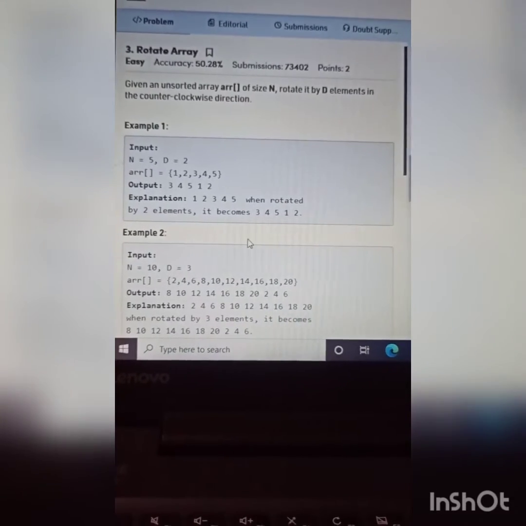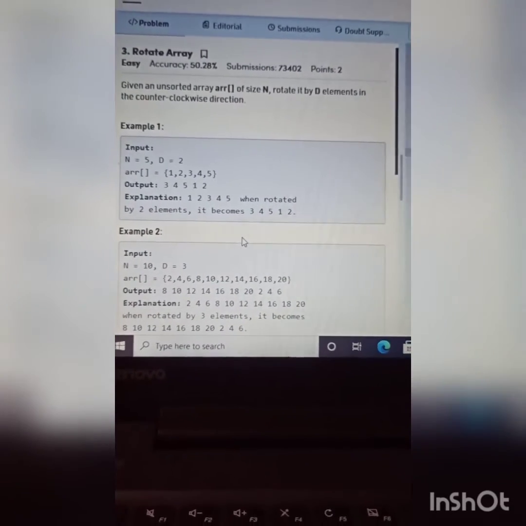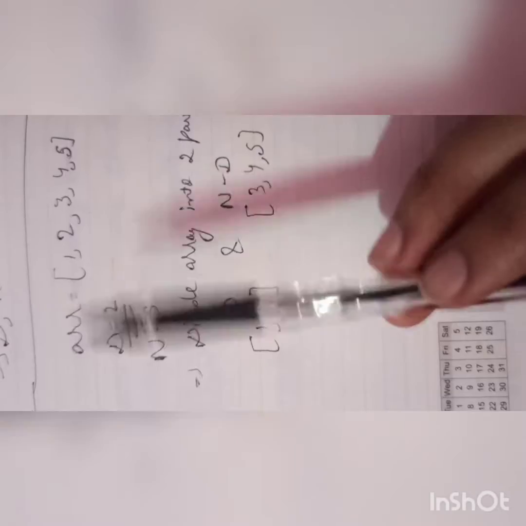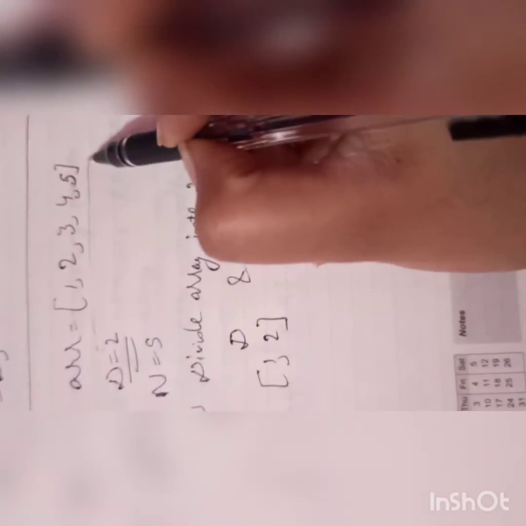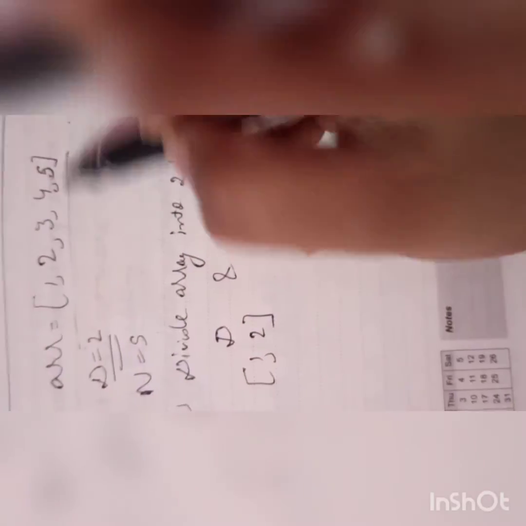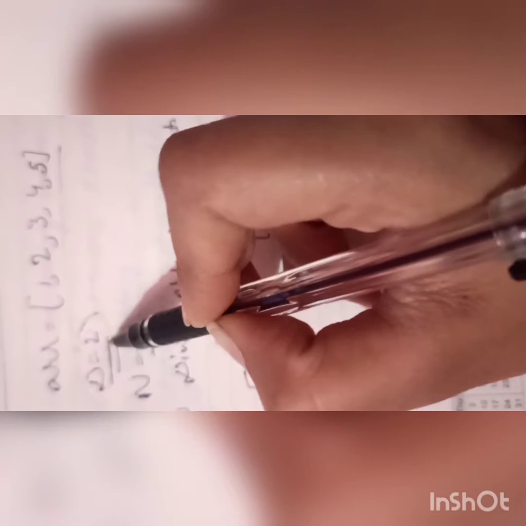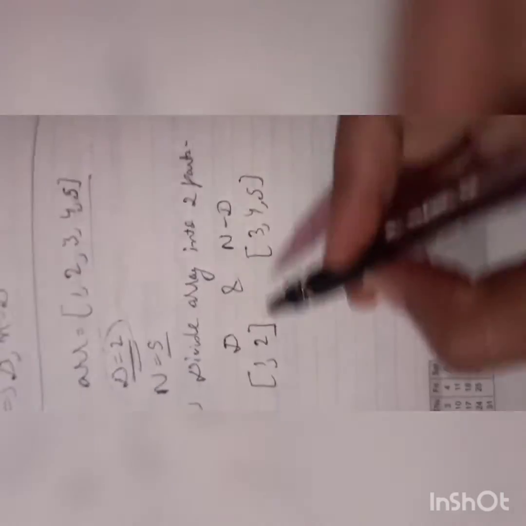I will do this problem by using the reversal algorithm. So I'll tell you what the reversal algorithm is. We have been given an array 1, 2, 3, 4, 5 of size 5 and we have to rotate it by 2 elements. The first step in this algorithm is we have to divide our array into 2 parts,